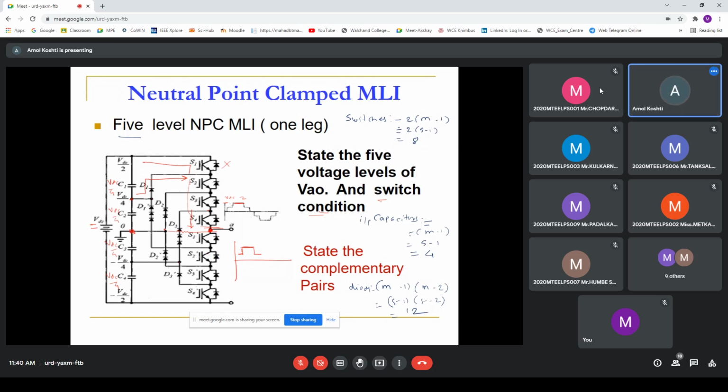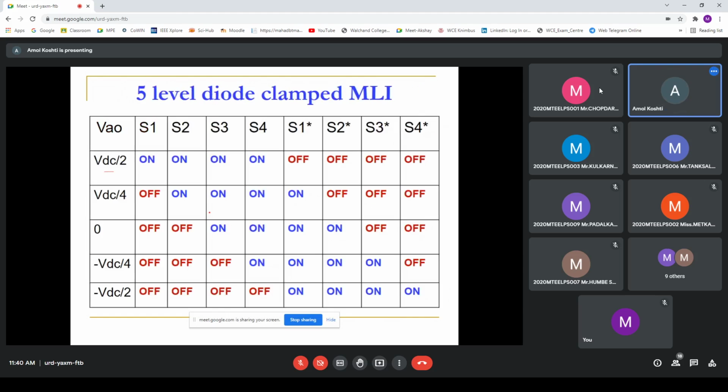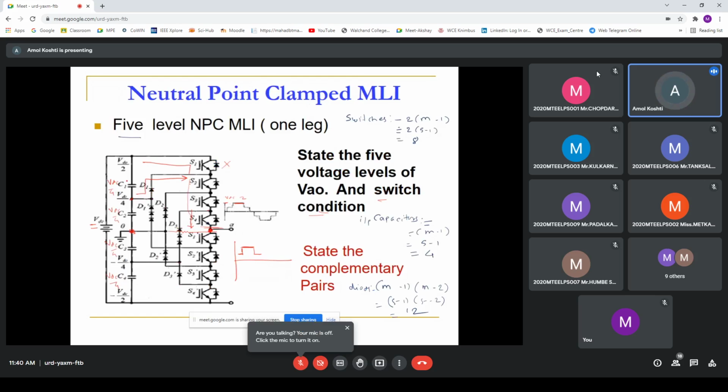Now when we want zero voltage, we have to use S3, S4 and S1 dash. So every time they have used the 4 switches. The other switches are turned off. So in that case, no capacitor voltage is coming across the load. Not C1, C2, C3, C4, no capacitor will get connected across the load. So whatever energy is stored in the load, if there is a reactive load, that will be dissipated through this load only. So in that case we get a zero voltage in this way.